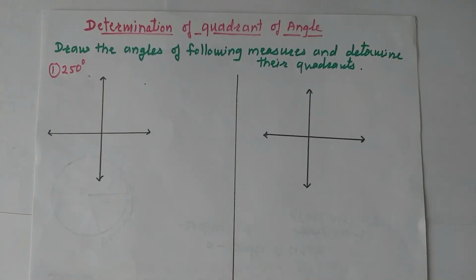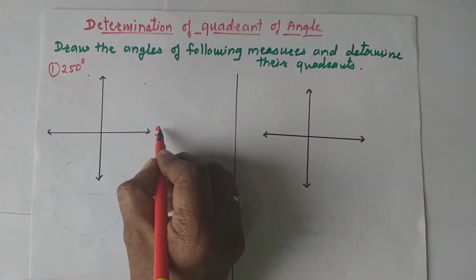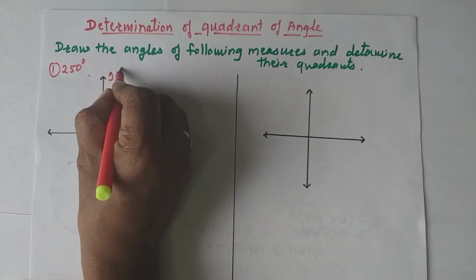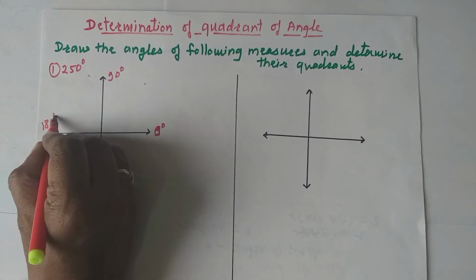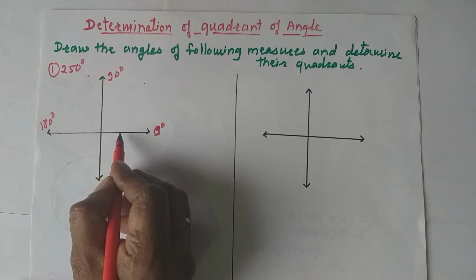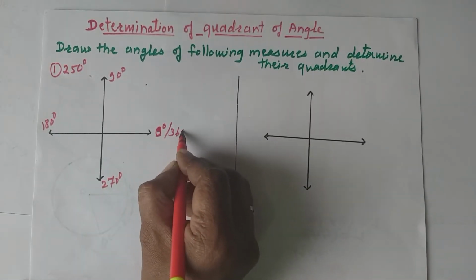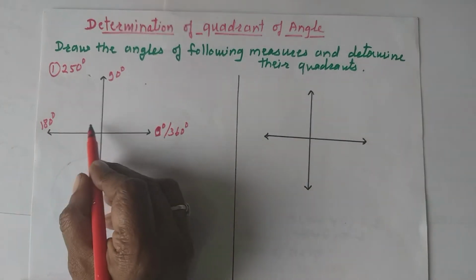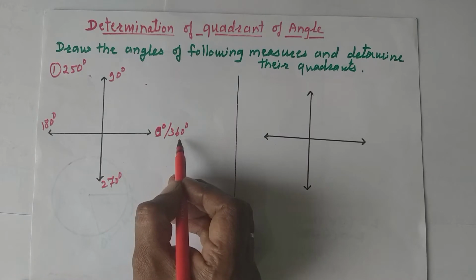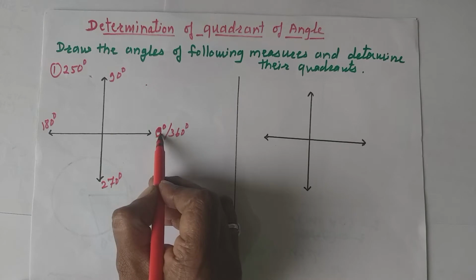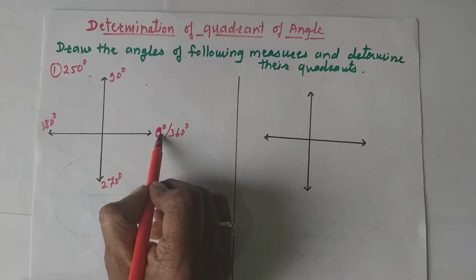Now to determine the quadrant of an angle, here you must know that in a plane coordinate system, this is the 0 degree, this is 90 degree here, this is 180 degree, this is 270 degree, and if there is one complete rotation, then an angle of 360 degrees is formed. We have seen in our earlier lecture that if there is one complete rotation, then an angle of 360 degrees is formed. Okay, you remember that in a plane coordinate system, this is 0, that is the positive direction of the x-axis, then